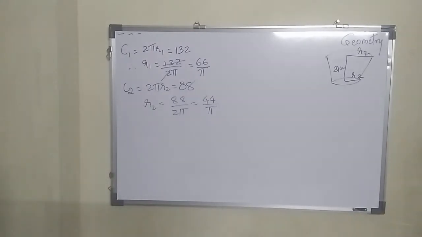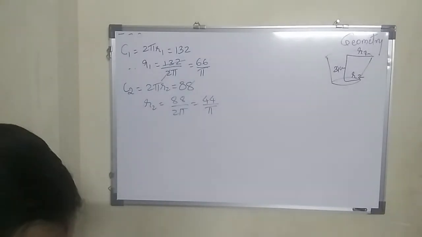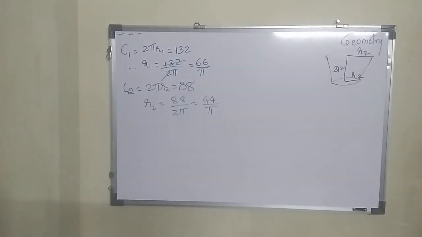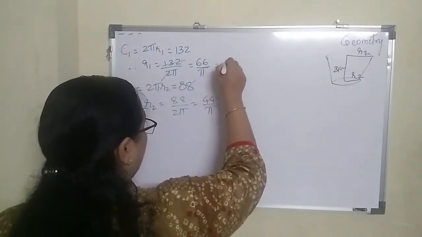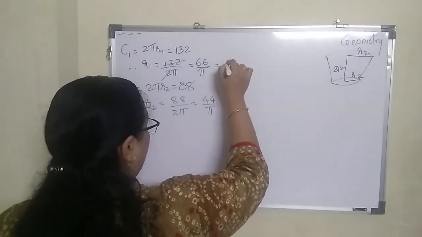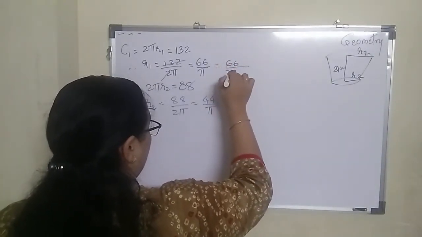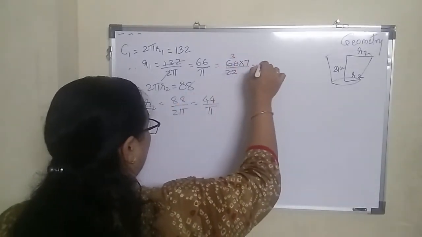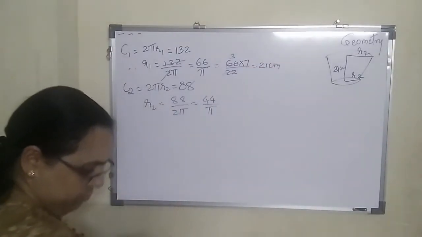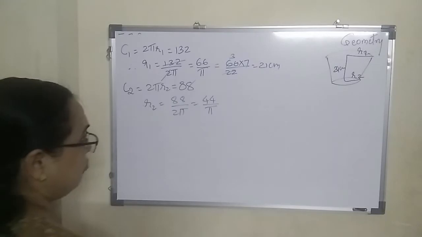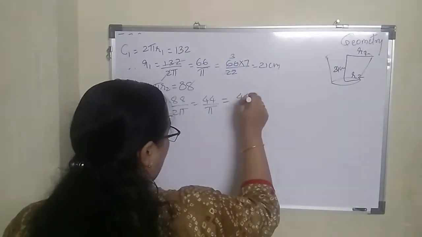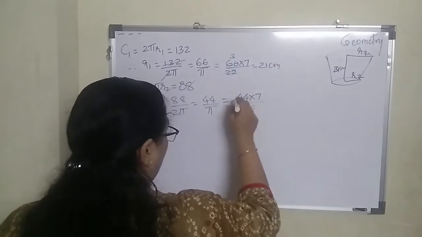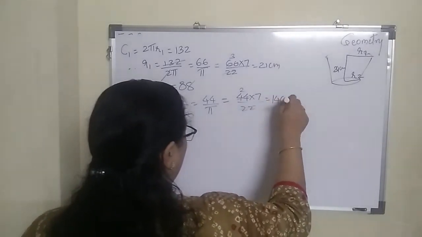So we have 66 upon pi and 44 upon pi. If you keep it as it is, we have to use R1 and R2 further, so we have to put the value of pi. What would you prefer when you see that pi there? 66 upon 22 upon 7, right? Can I write this here? Yes, very much. So this is equal to 21 centimeter. What about R2 in the same way? 44, the 7 goes up, 22 here, 2, the 14 centimeter.